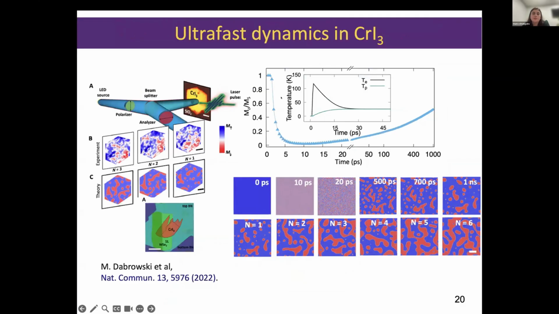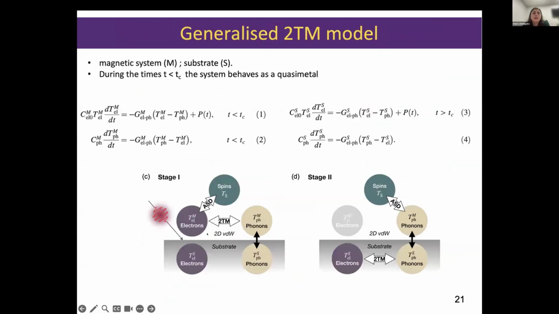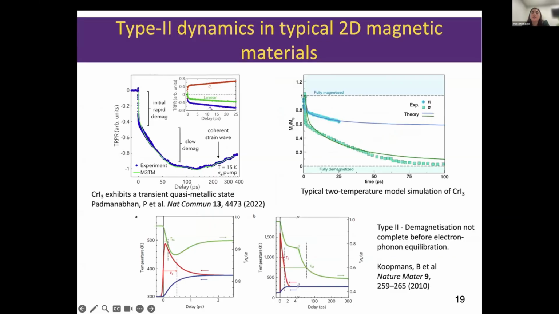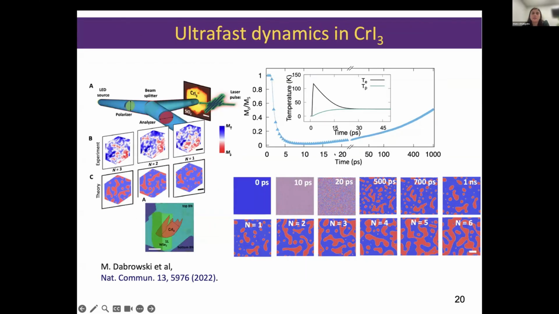However, when talking to our collaborators in Exeter who performed experiments on this type of system, they observed some rich domain formation which we were unable to see in these initial simulations. So we were able to see rich domain formation when we excited our magnetic system more strongly. But by exciting so strongly, the type 2 form of the evolution of the magnetization curve was lost. So we are now back to a type 1 where we see this recovery. We observe the creation of domains, but we would like our model to also predict this